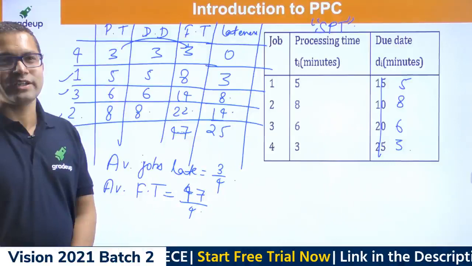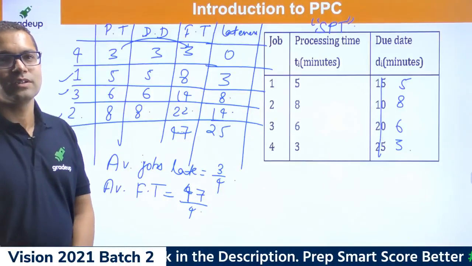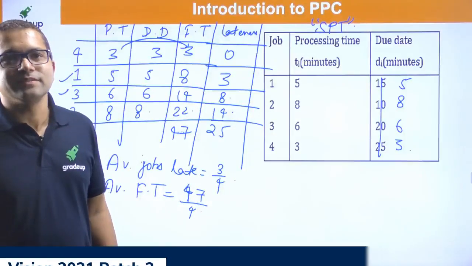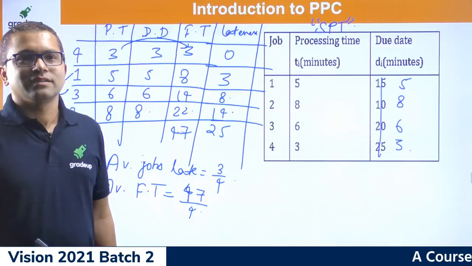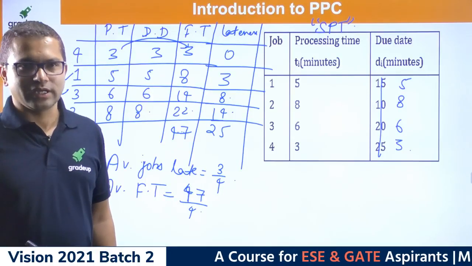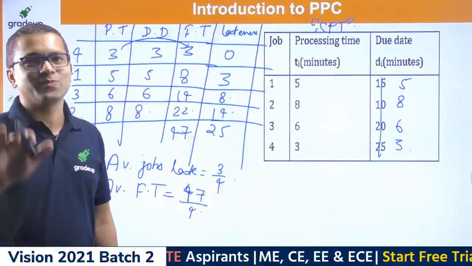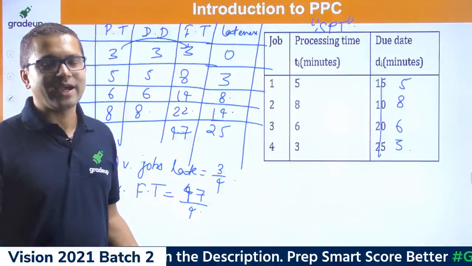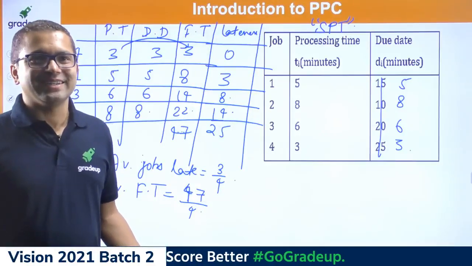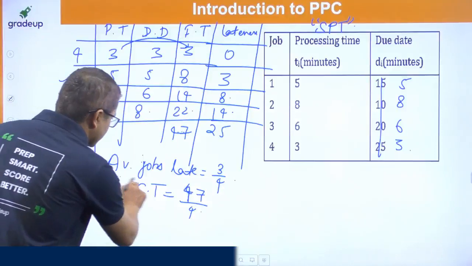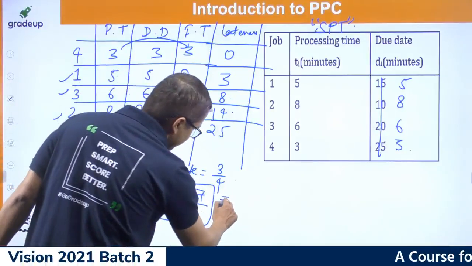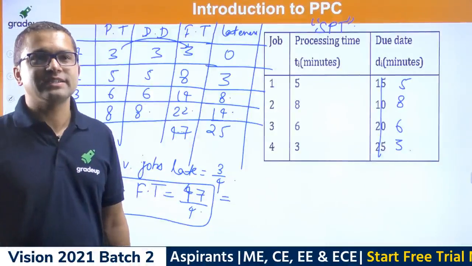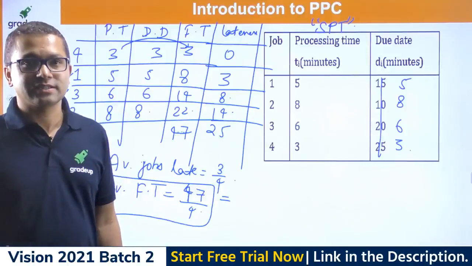No, Mohammed, we are talking about time, okay? We are not talking about average jobs. We are talking about average flow time, because we have had a discussion about what flow time is in the previous lecture or session. So yes, as people are saying, it is the same. Average flow time is the same as the average number of hours one job spends in the system. Yes, Krishna, you're right. Good.